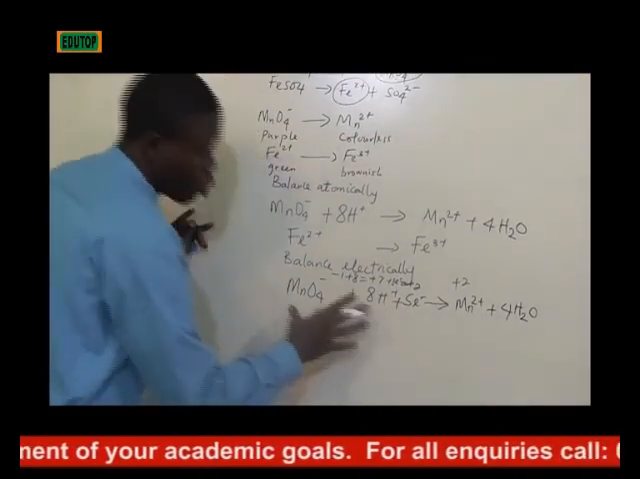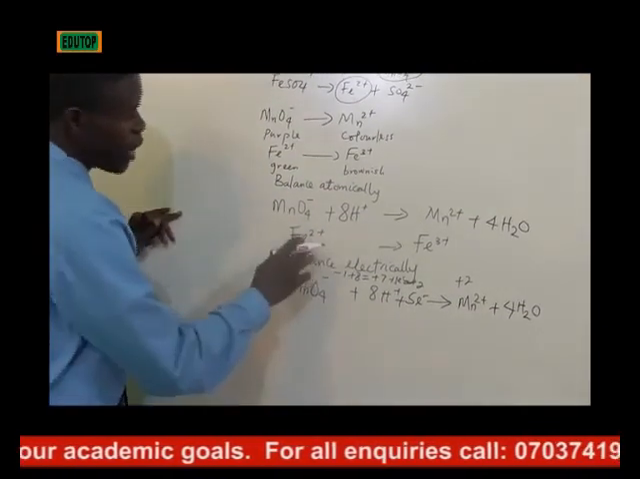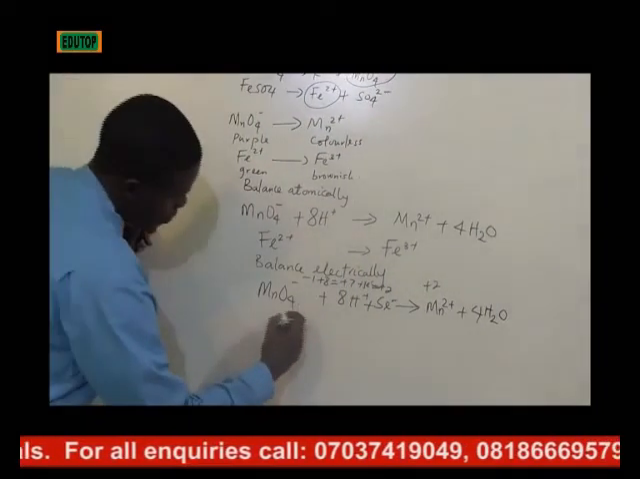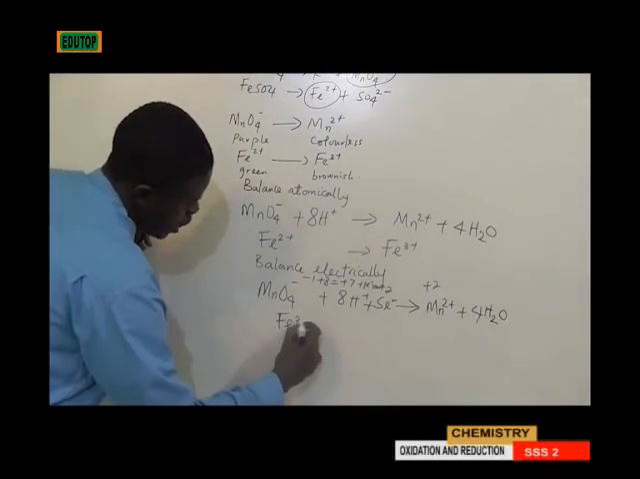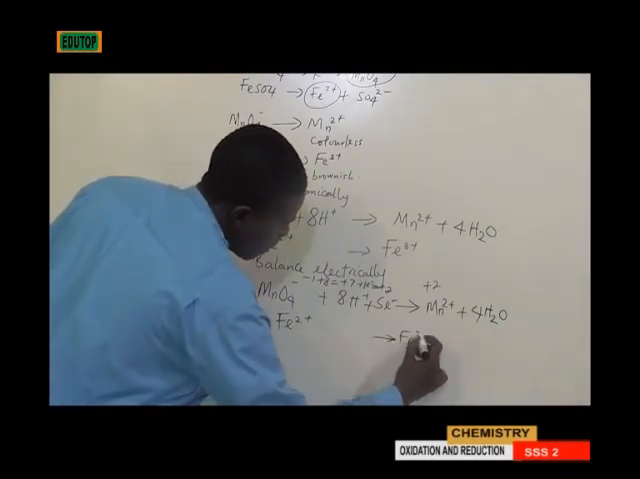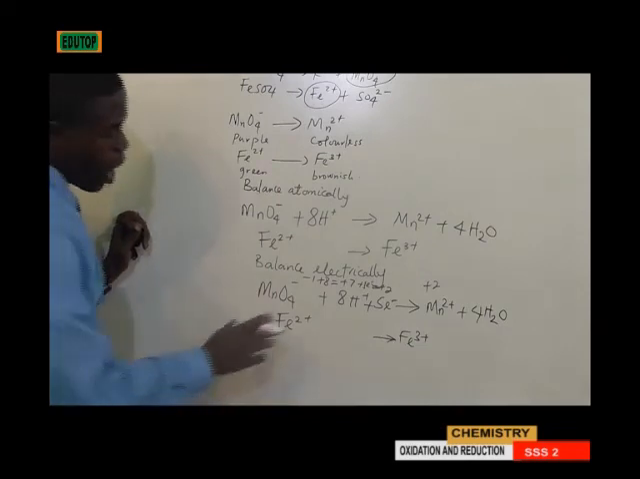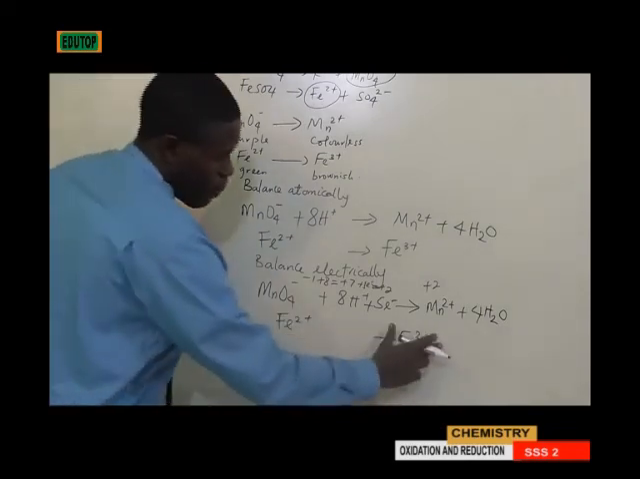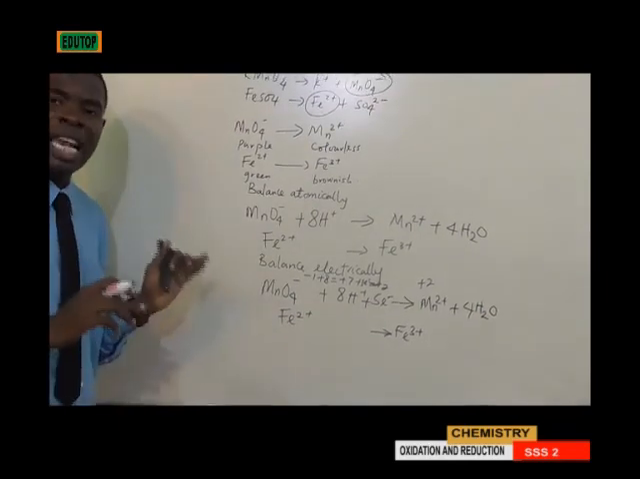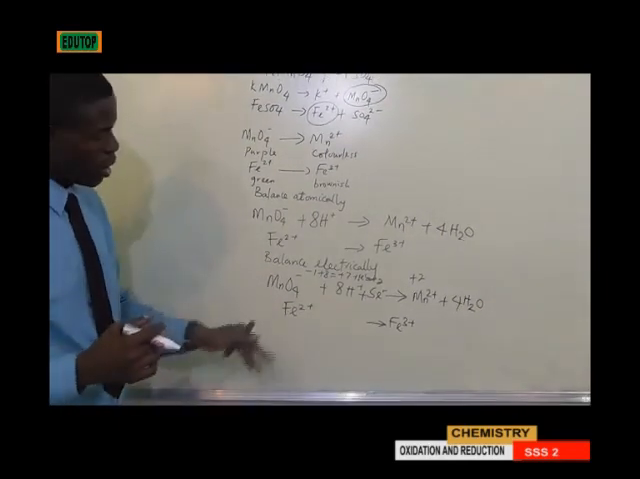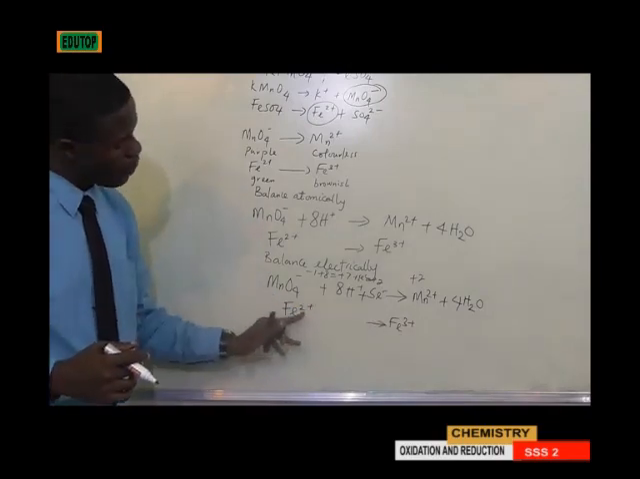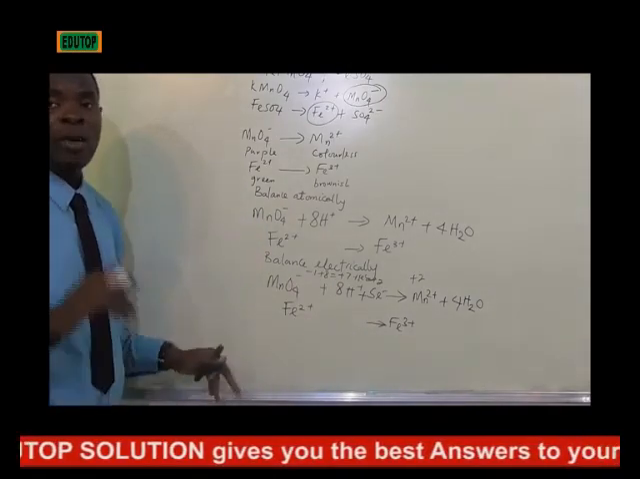+2, +2. Now, in the case of iron 2 plus going to iron 3 plus, you have a +2 charge and a +3 charge, and we all know that if we want to balance electrically, we use electrons. This one is carrying +2 charge, this one is carrying +3 charge. To equalize the +2 charge, we need to add 1